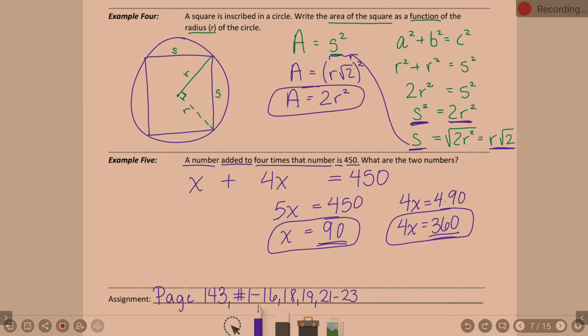And on that note, you have work time. Note, none of this says evens, does it? No, all even. Only even. 1 through 16 all, 18, 19, 21, 22, 23. Okay, well,